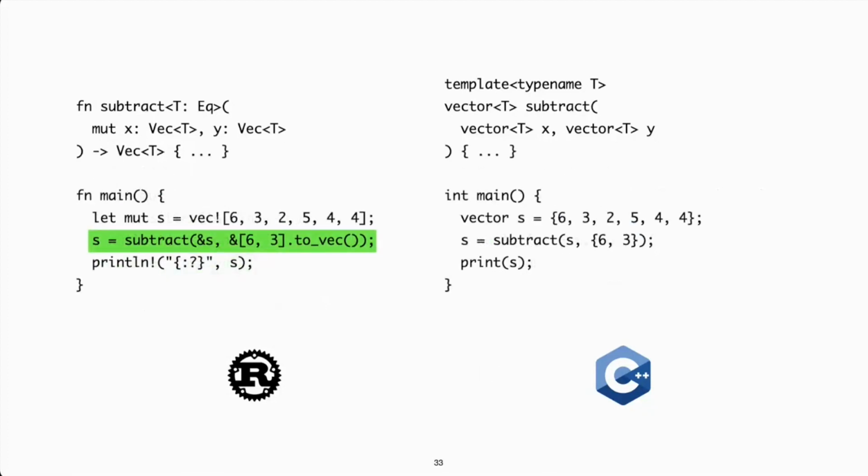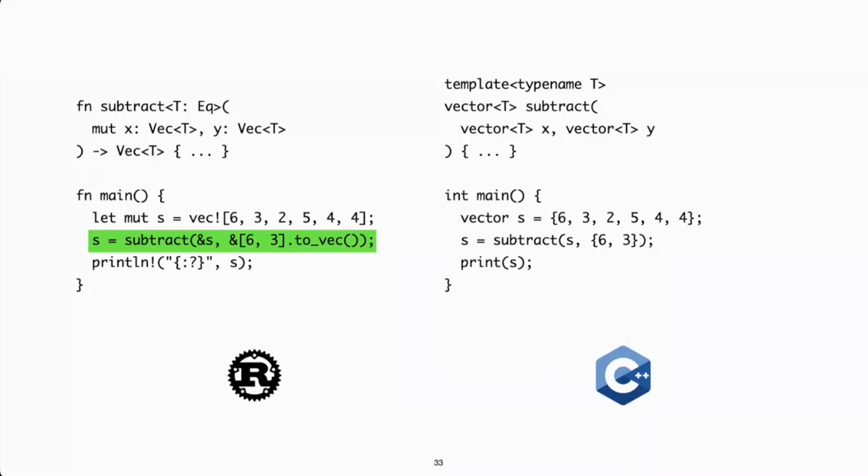And at the call site, we can see that moving an object doesn't create a copy of its notional value. So that means we can call a function like this without the wasteful allocation we had in C++. The storage of S is transferred to subtract, which can mutate it as it sees fit before being transferred back to reassign S. So this is what is meant when we're talking about linear objects. They are unique, and using them doesn't create copies, at least in general.